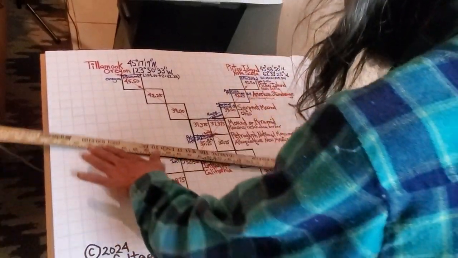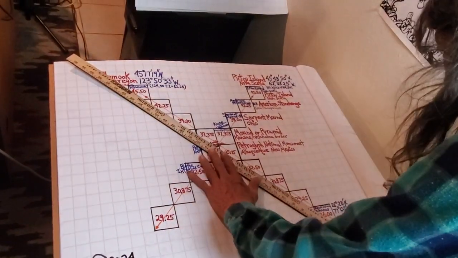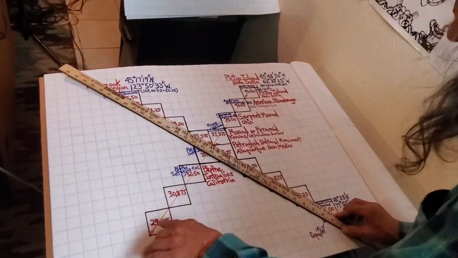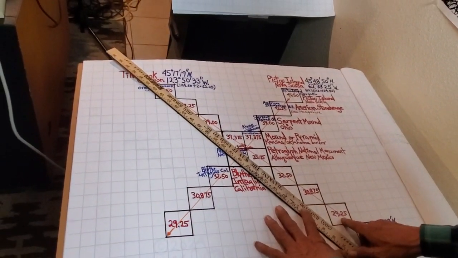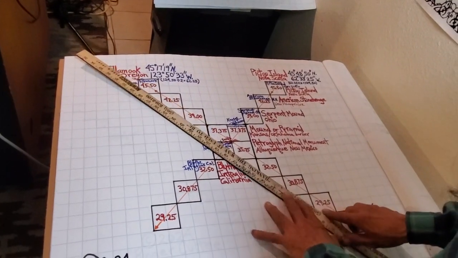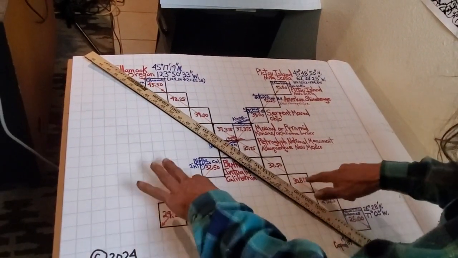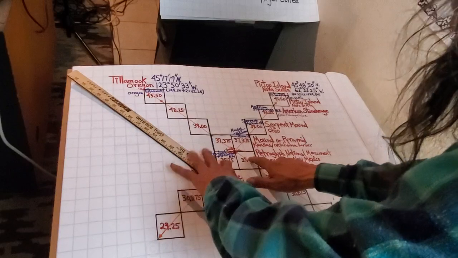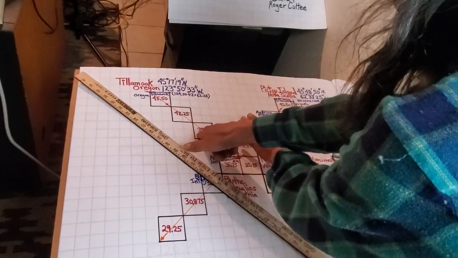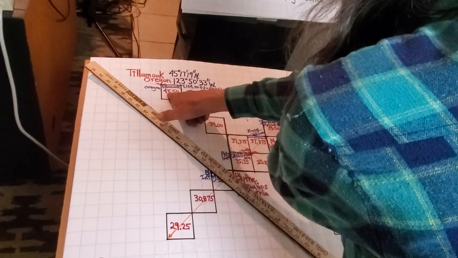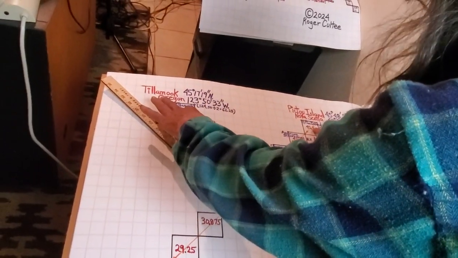And then I take the yardstick. So these are degrees, latitude and longitude. And if you notice, that 25 here with the four squares is the same as the 29.25 here with four squares. So the latitude numbers are all the same, and you're going up by degrees, by 3.25.